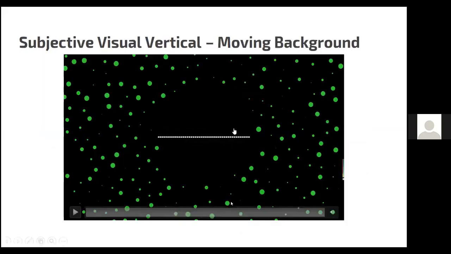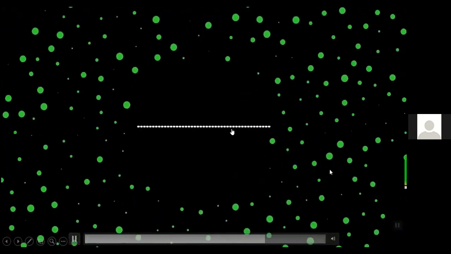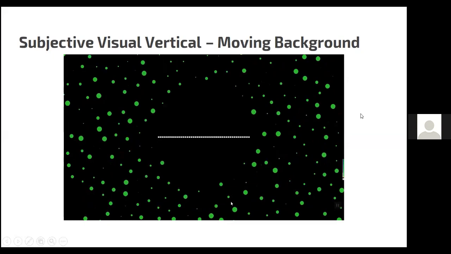And we also have the subjective visual vertical test, in which we ask the patient to look at the screen, and with a remote they have to make this horizontal line vertical. The background actually enhances their disturbances, and they sometimes shout, oh doctor, I'm not feeling well just by looking at this screen. I hope you are all right. So we can use this for training, and the results are very good.